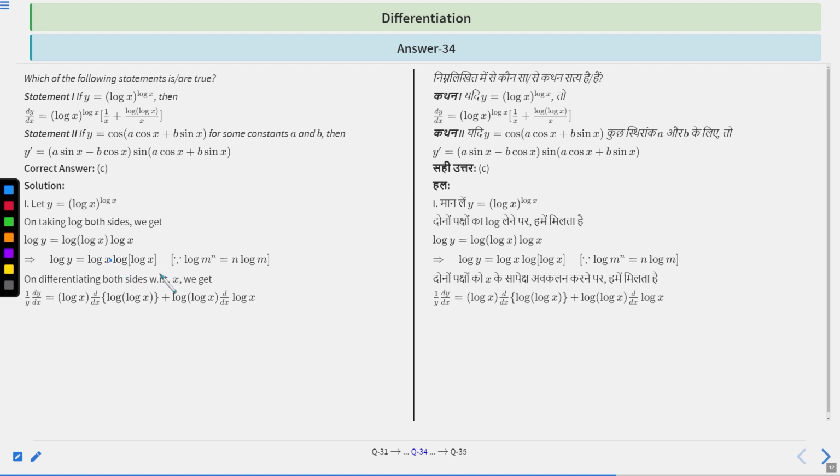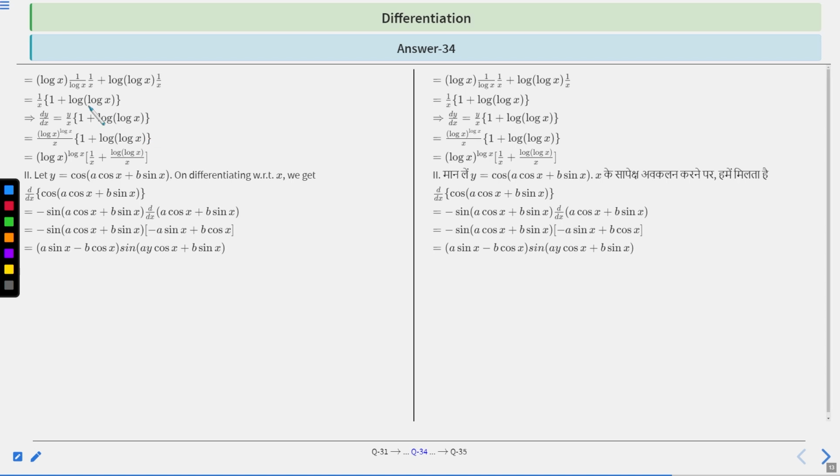Log x into log of log x, we can apply the product rule, right? So log x into d/dx of log x plus log x into d/dx of log x, right? We have applied the product rule of derivative, right? Now